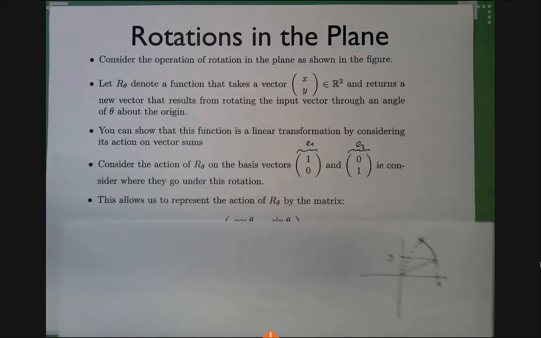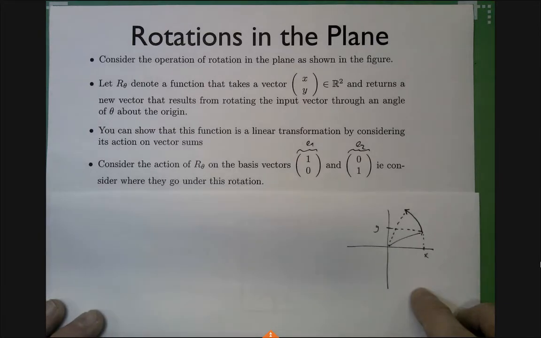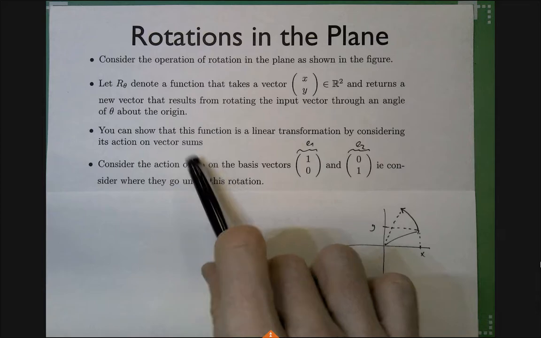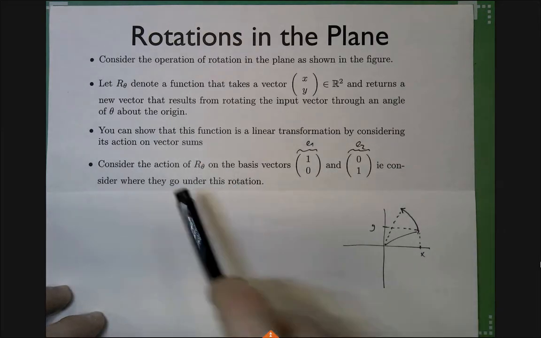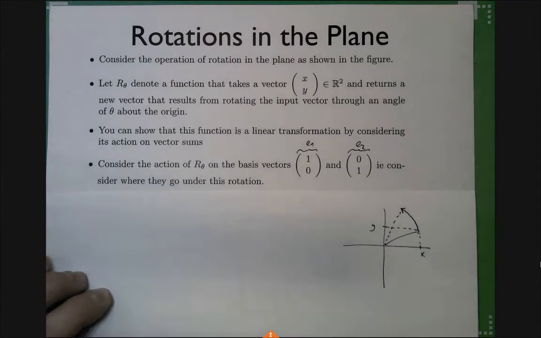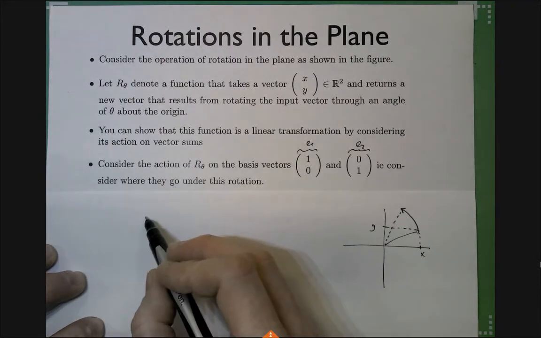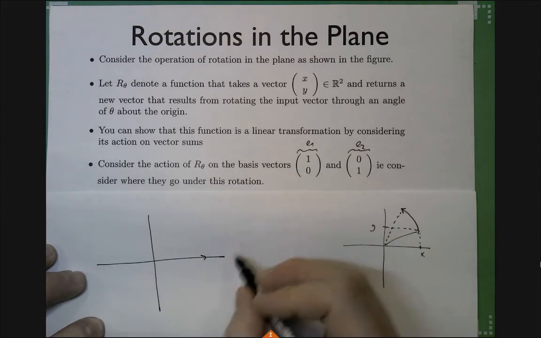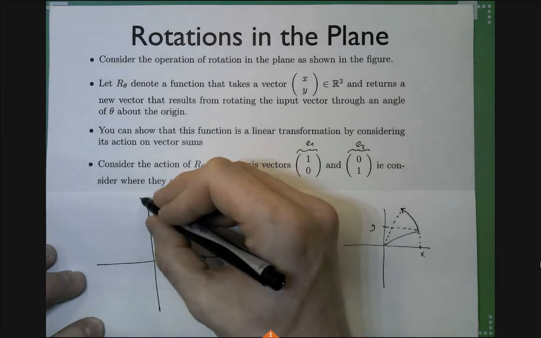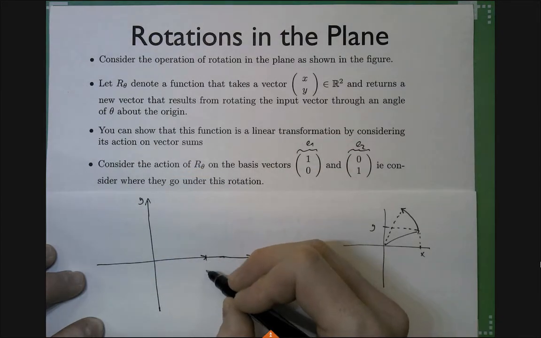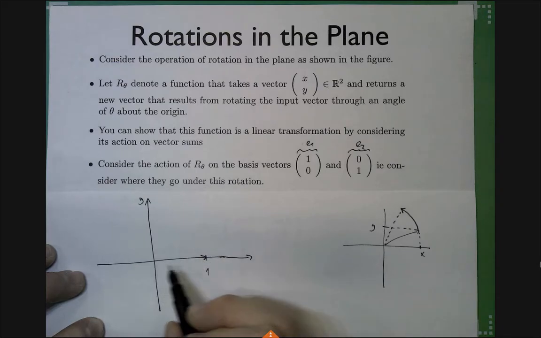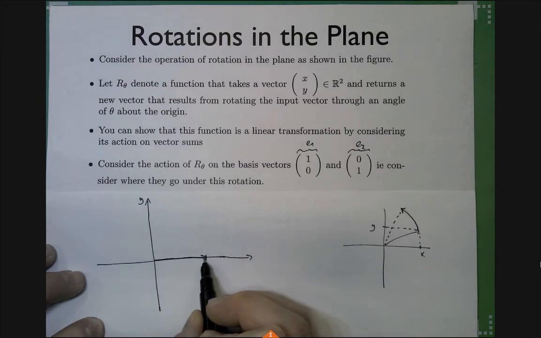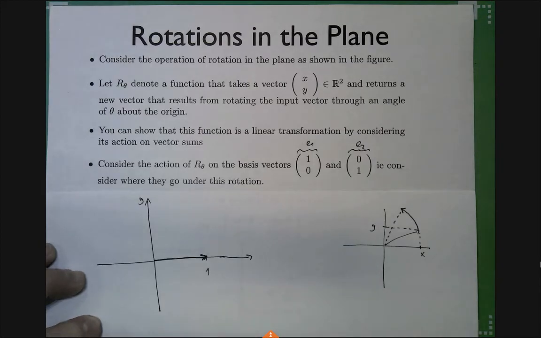So how do we find the action? We need to numerically compute what is the rotation of these two vectors. So let's first take a look at the first one, the E1, which looks like this. If this is my x-axis, this is my y-axis. Let's say this is 1. So this would be my E1 vector, represented by this arrow. And I need to figure out what the vector will be after I rotate this E1